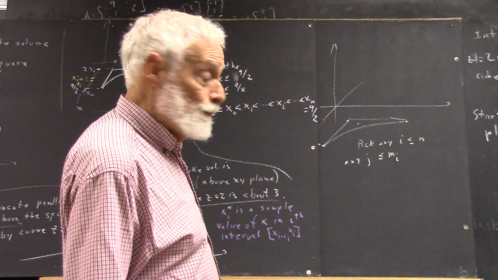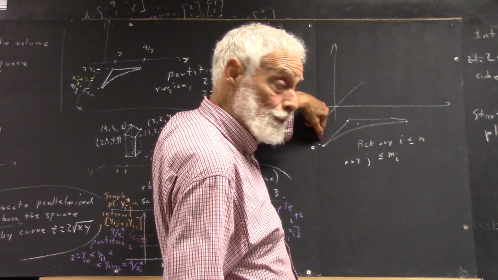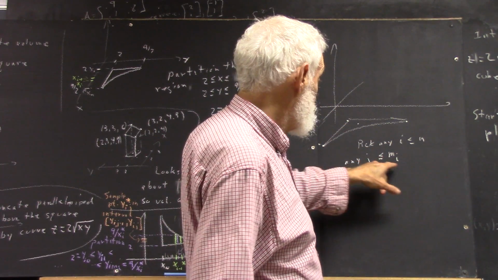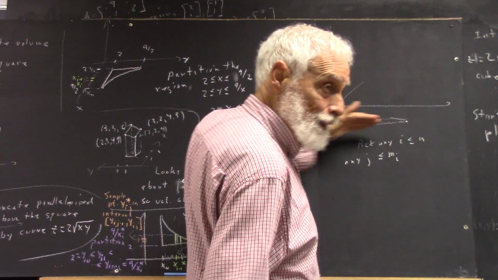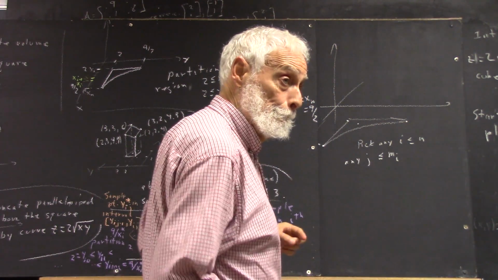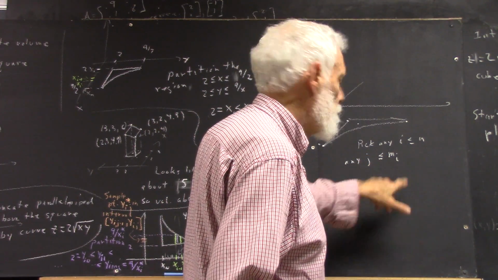Now, n is the number of subintervals in the x direction. For a given ith subinterval, m sub i is the number of intervals in your partition of the resulting y interval, right? So, for any j less than or equal to m sub i,